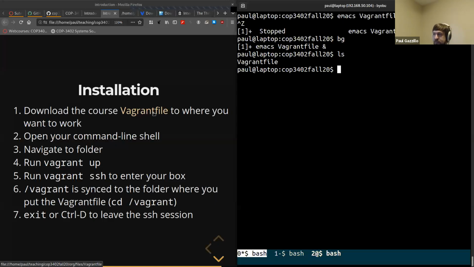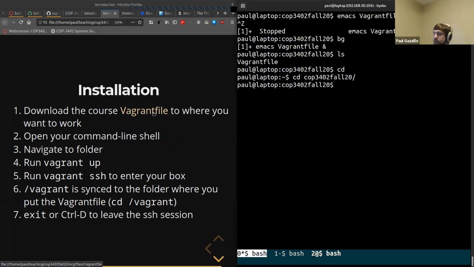This depends on your system. So command prompt in Windows, terminal in Mac OS, terminal in Linux. I'm assuming you know how to at least get into your command line and navigate to a folder in there. If you don't know how to do that, come to office hours, we can walk through it. So typically you'll start out in your home directory and then just change directory, CD for change directory,